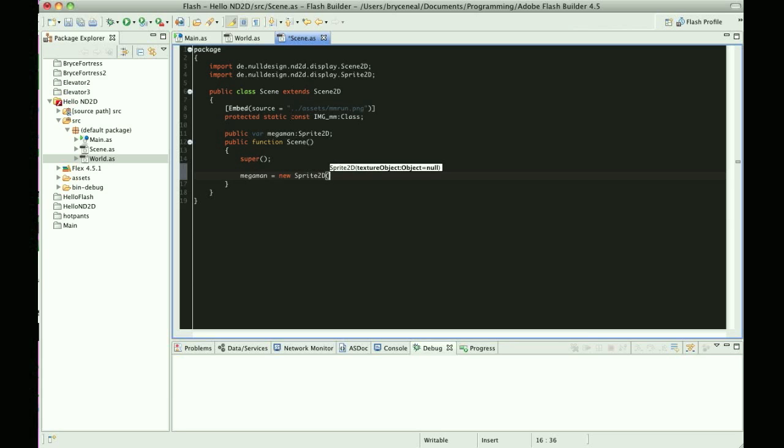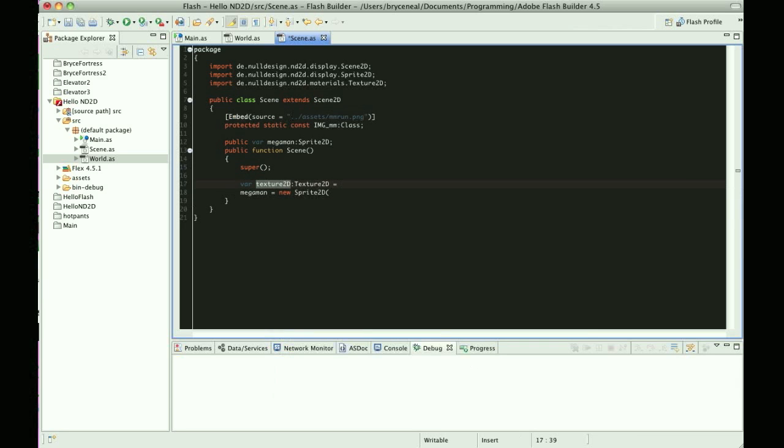And you'll see that it takes a texture object. So every sprite in ND2D takes a texture object as a parameter, which is not just a bitmap data. You can't just give it a bitmap data. There's a special object called a Texture2D that it needs to take, and it's really easy to create a Texture2D from a bitmap data. It's a static method on Texture2D, and you just say Texture2D.textureFromBitmapData, and then we'll just say new image.bitmapData. And then we can just give our Texture2D to the sprite, add it onto the stage,